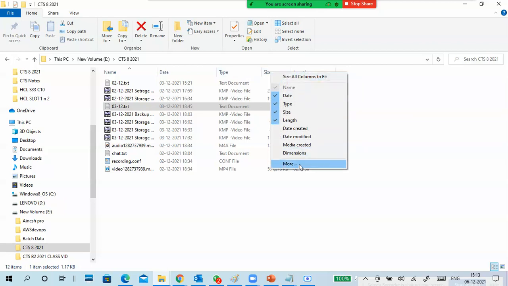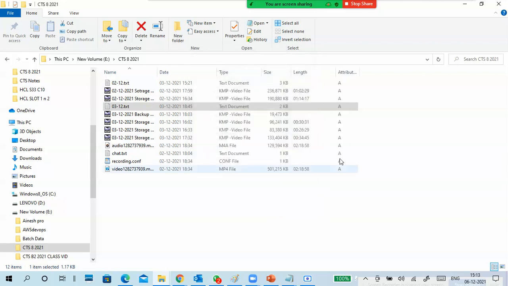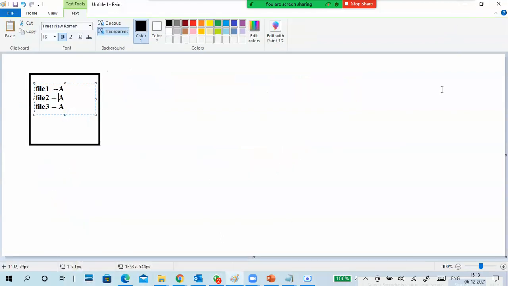You can also go to more, select attributes. Yes, A means archive attribute. It means this data is not backed up, or it is modified since the last backup.